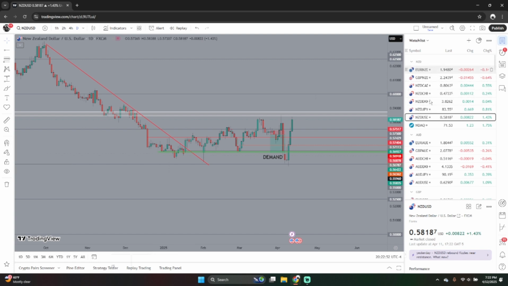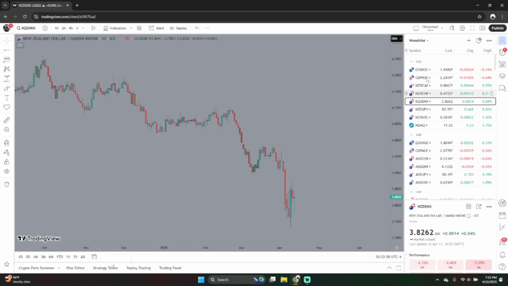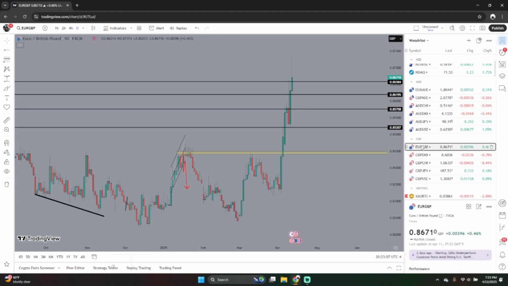All right, again, over here you have your pairs. It's not nothing fancy, it's just your pairs. So NZD, whatever, if you want to have it set up and labeled. Like I said, I'll go over that in another video. It's not really a whole lot to this. I really just wanted to go over the basic stuff for the new people who don't know how to use this, which really was the